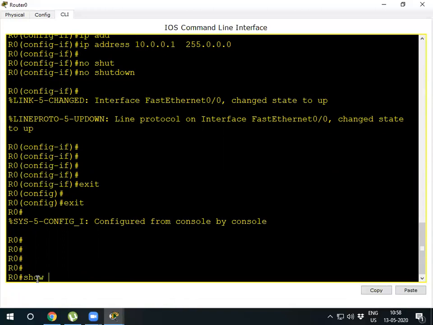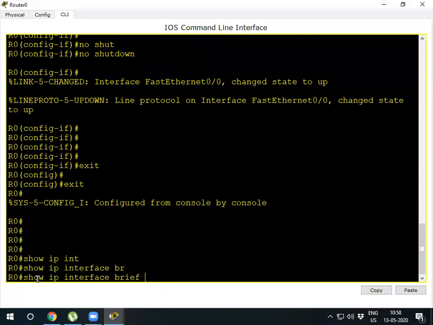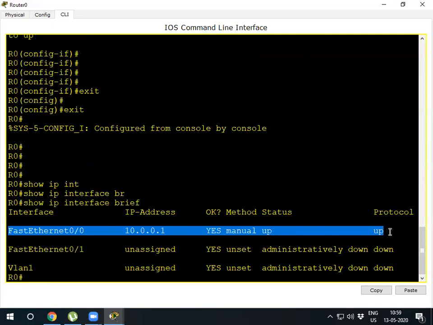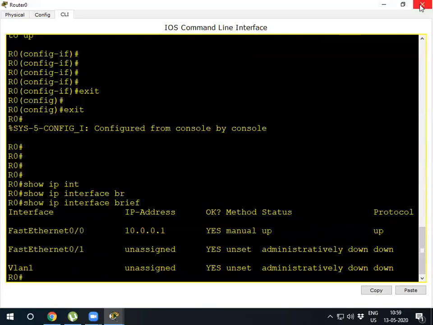Then show ip interface brief. So you see, I configured fast Ethernet 0 by 0 and its IP address is 10.0.0.1. Okay.